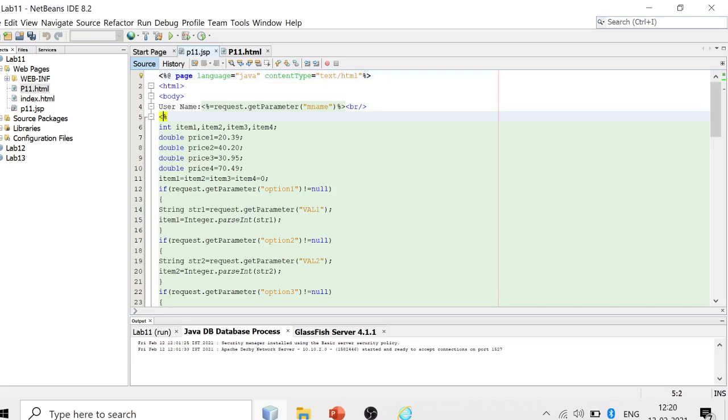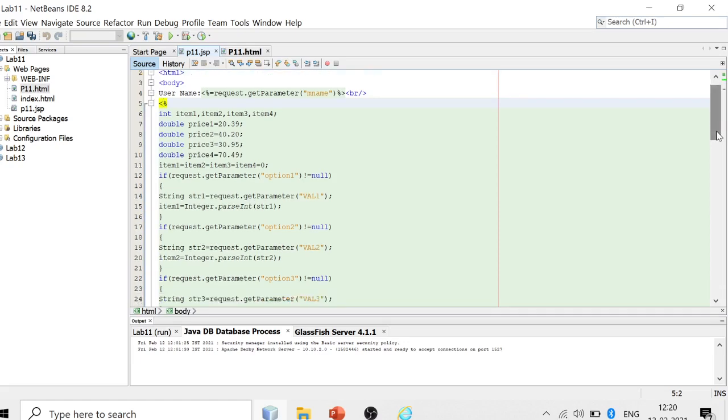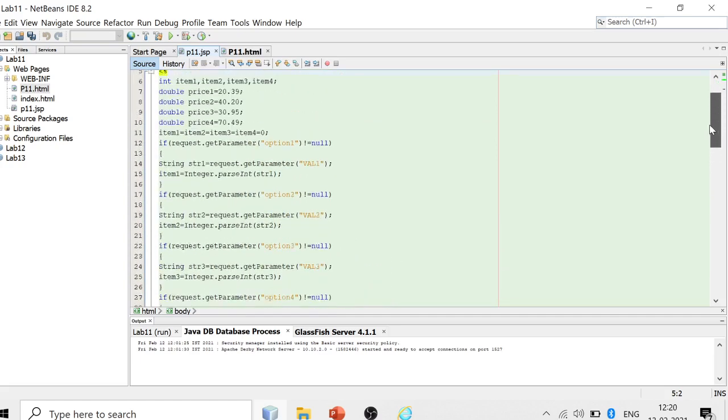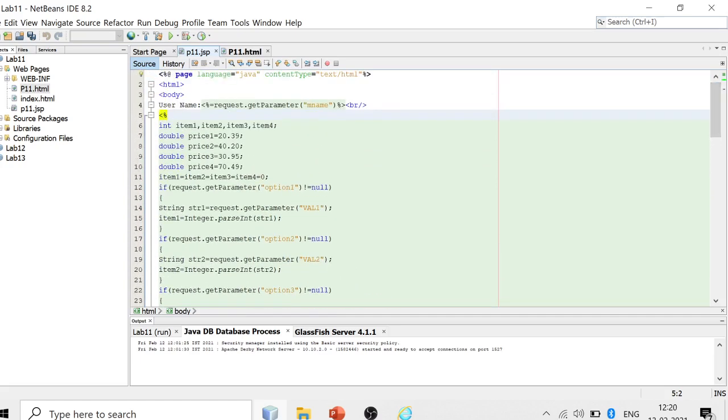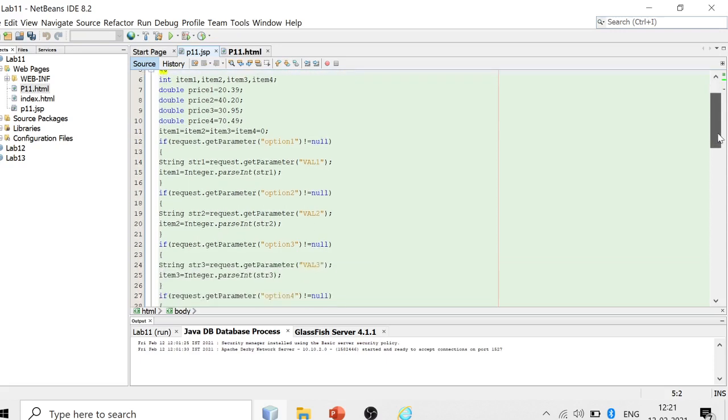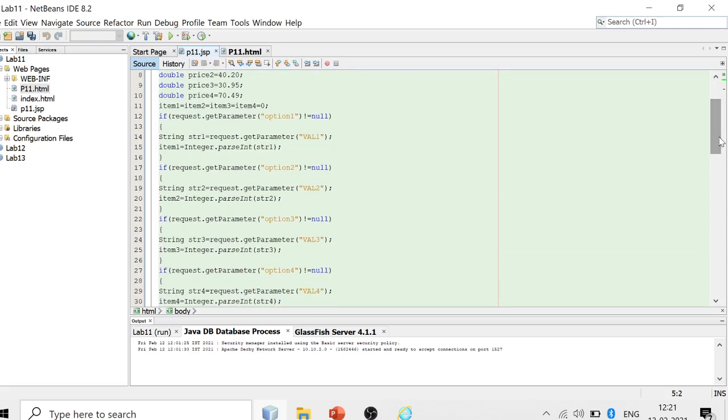Now let us see how to calculate the total amount. This is the code for calculating the total amount. The prices of 4 different items are already given in the question, so I'm storing them in price1, price2, price3 and price4. Next, we have to check if the user has selected the checkbox or not in the HTML file. request.getParameter("option1") not equal to null means the checkbox of the first item is selected.